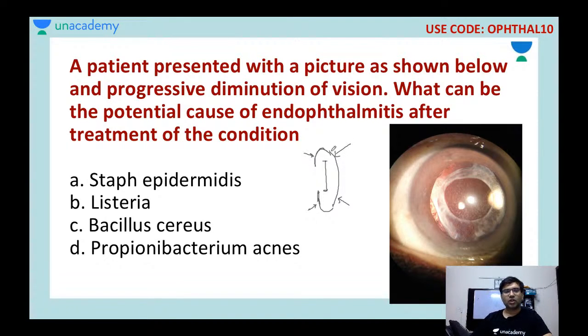Anyways, so this is something where you are having the opacification of the capsule. It is called an after cataract. Do you all agree? Now, how do we treat this after cataract? We basically do a laser in the central part of the capsule, and through this the light rays can then